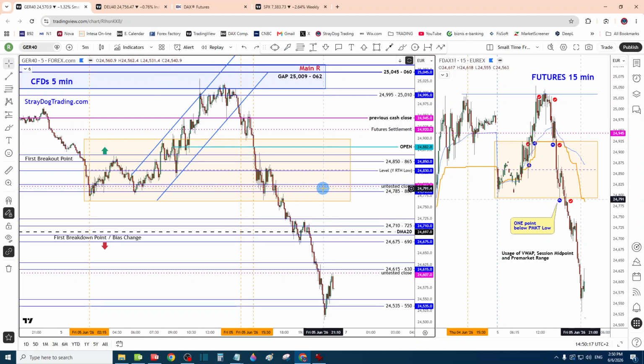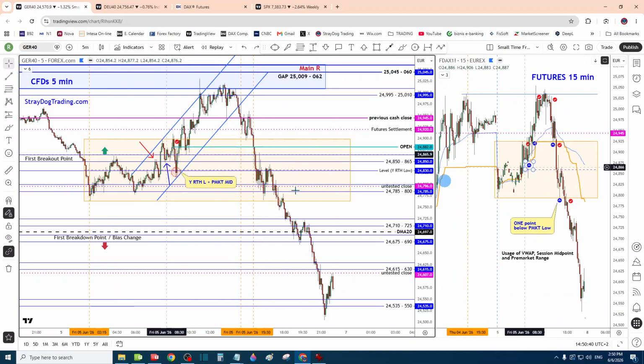Now, when we look at the CFD chart, first we could observe in the pre-market session how the market reacted from our first breakout point, which first was resistance here 2 times, then it was support, and then we got upthrust, we got pullback. This would be the pullback down toward the pre-market midpoint. This one was also toward the previous day RTH low, which was 24,841, while our level was 840, regaining that, going higher, and then also usual setup, gap fill to previous cash